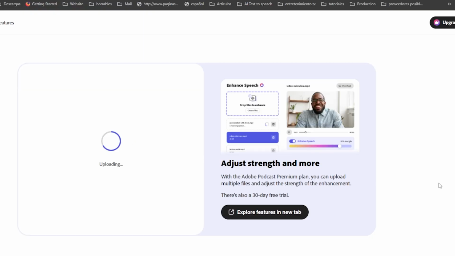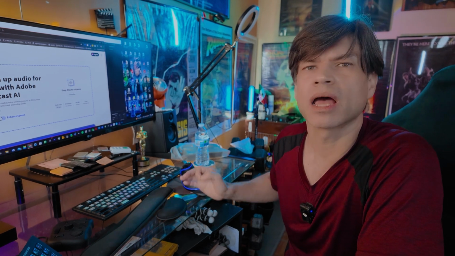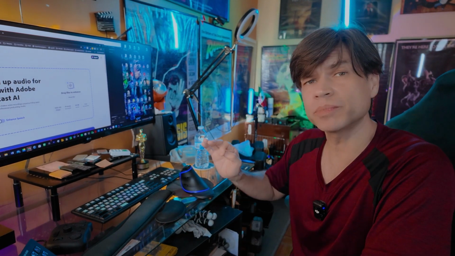It's amazing. But could it save these dialogues? I was about to find out. So I imported the audio I exported from Audo Studio into Adobe Podcast. Before you ask me why I didn't just import the audio directly into Adobe Podcast and skip the first 2 steps, I'm going to tell you why, but I'm going to get to that in just a bit. First, let me tell you what happened and how I did it in Adobe